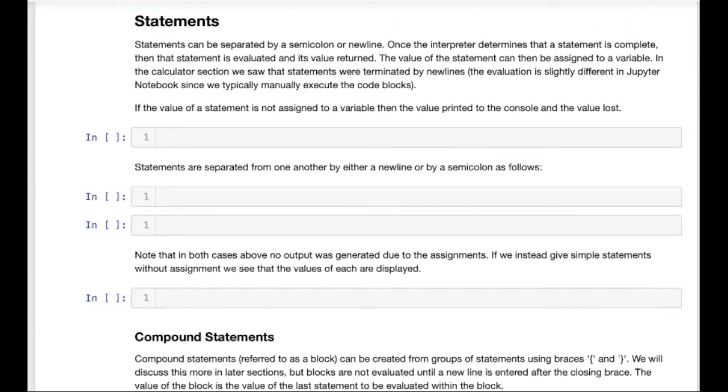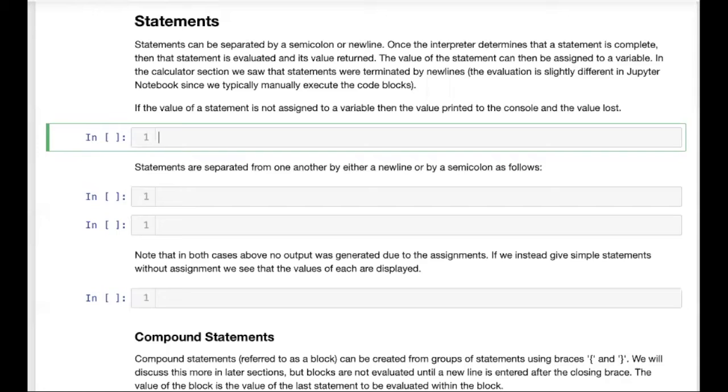Now, in all the examples we've seen so far, we've used new lines to separate our statements. In the interpreter, we have written complete statements and then hit enter to execute them. In Jupyter Notebook, we've entered statements one per line and then executed the code block containing those statements. However, in all cases, when the interpreter determines that a statement is complete, it will then evaluate that statement and return its value. The value of the statement can be assigned to a variable, as in the above examples, or if the resulting value of the statement is not assigned to a variable, then it is printed to the console